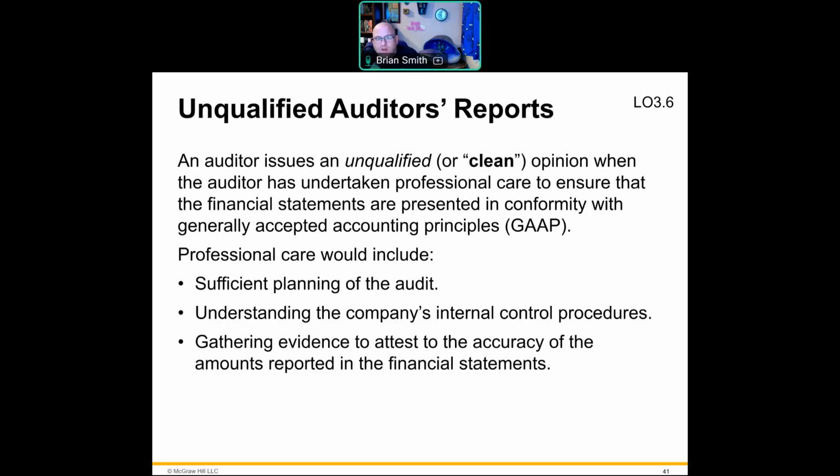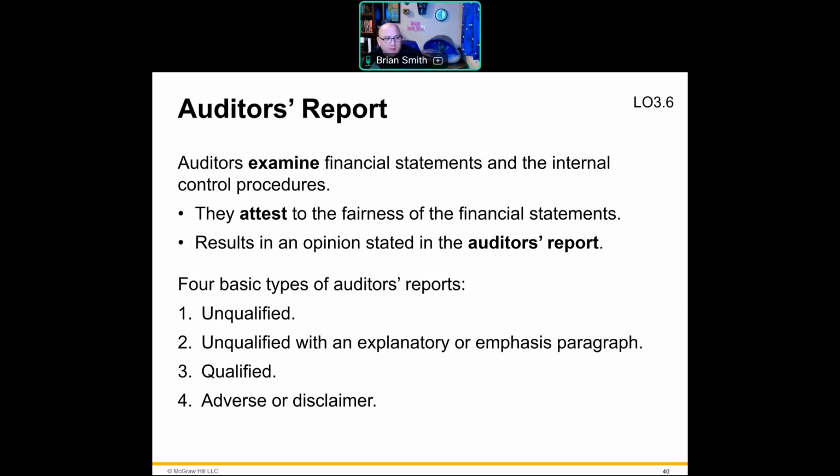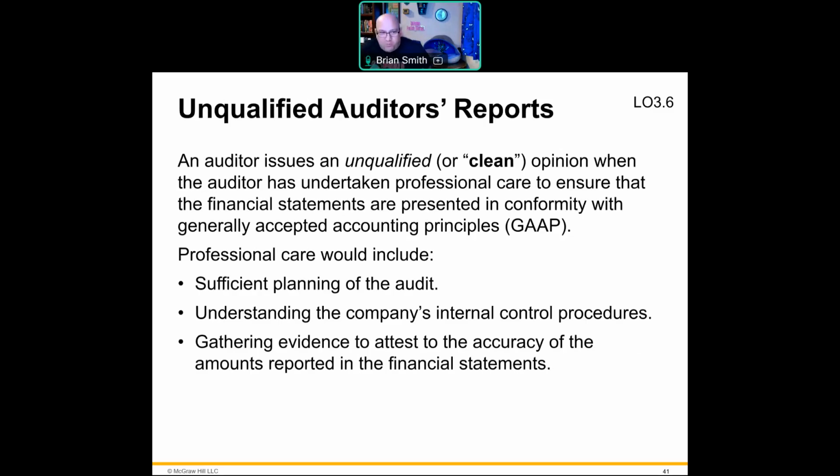It's basically unqualified as a clean. So qualified means there's something not right about it. There's just some more concern about it if it's not completely unqualified. It used to be called something else. They changed the wording because it made it sound like when you gave them a good report, it was bad. I can't remember what they called it, but I'll see if I can find it somewhere. Bottom line is the auditor is going to give a report and say, hey, we're good, hey, we're bad,